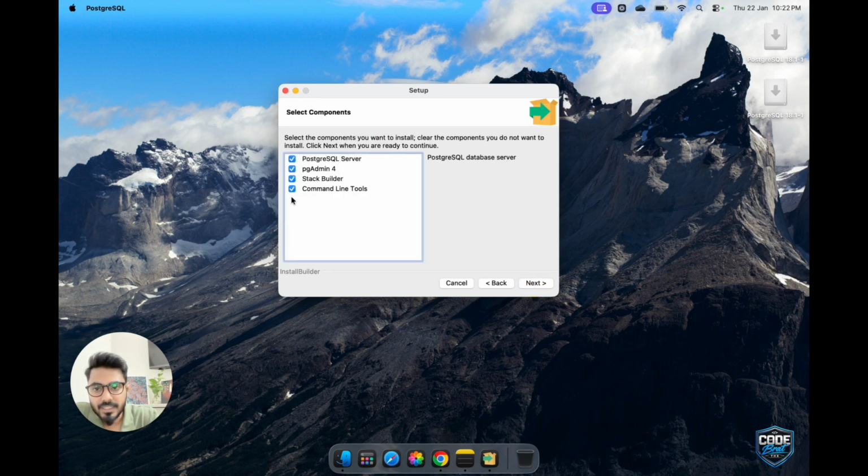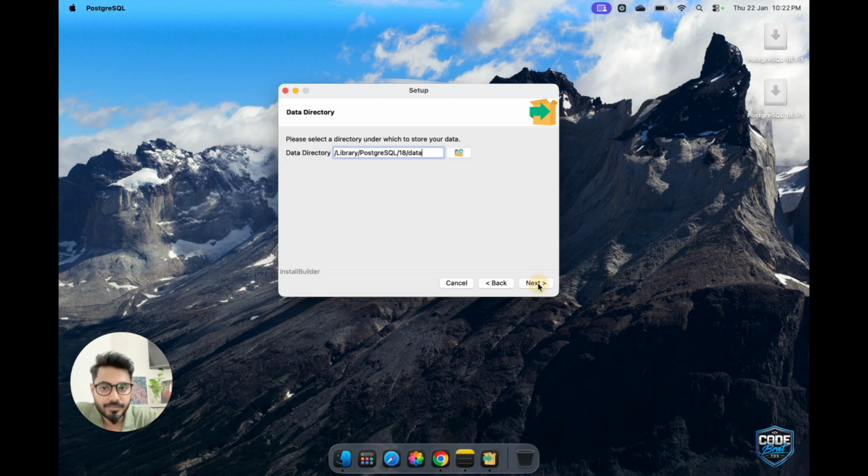Here you need to select everything. PostgreSQL server you need to select because this is the main SQL server. Then pgAdmin 4 you need to select, stack builder and command line tools. And pgAdmin 4 is the graphical user interface, that is GUI, in which we will write our SQL codes and commands. After selecting all these, we'll click on next, and then we will leave this path as it is, that is the default path, and we will click on next. If you want to change it, you can change it,